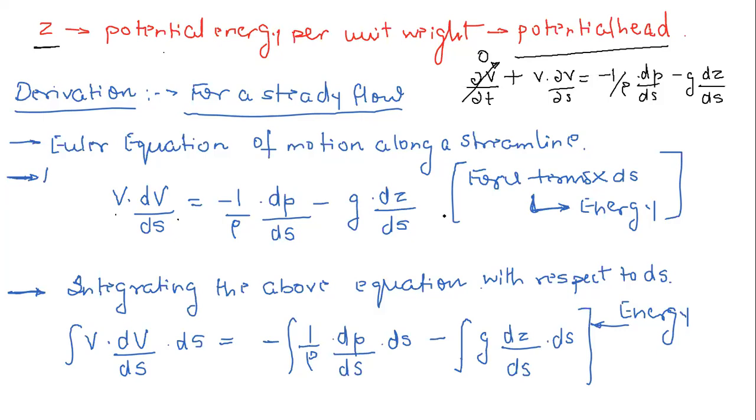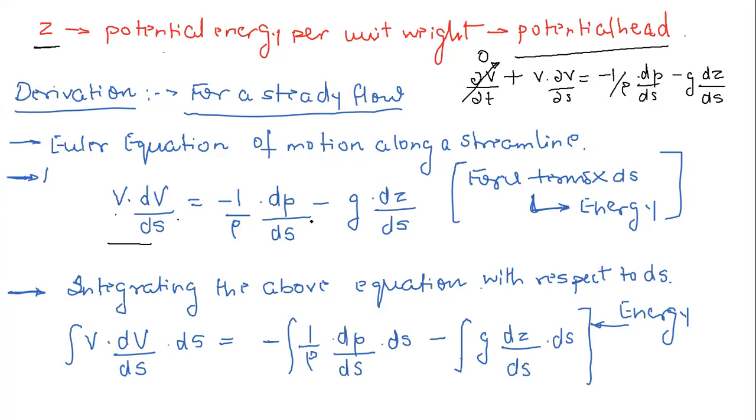Now, very important thing, if you remember, what are these? These terms are all force terms. Last time I said that the left hand side and right hand side are just force per unit mass, right? Now, what is force multiplied by displacement in physics? Work done. And work done, we all know, is a form of energy, correct?